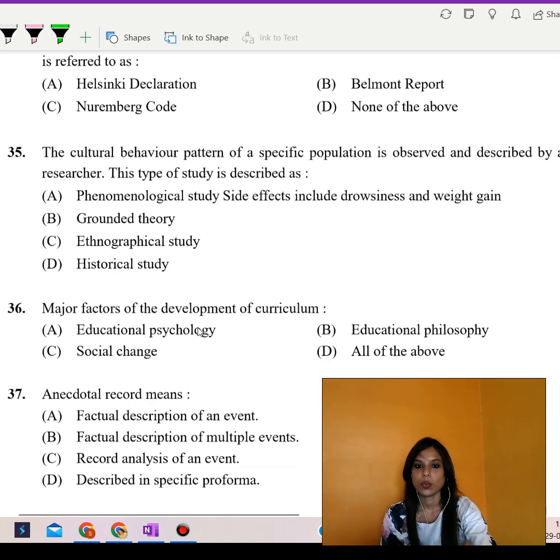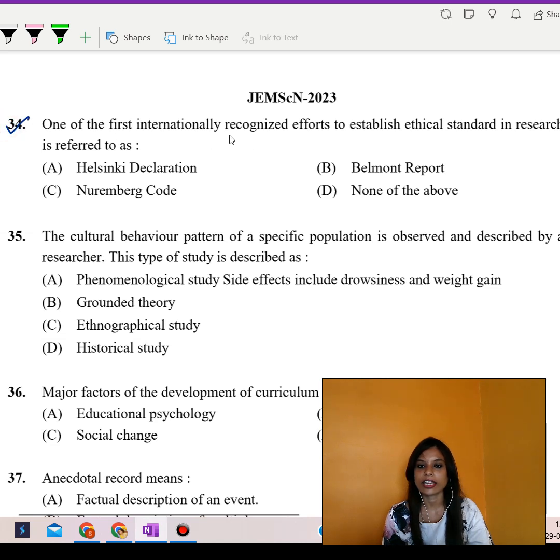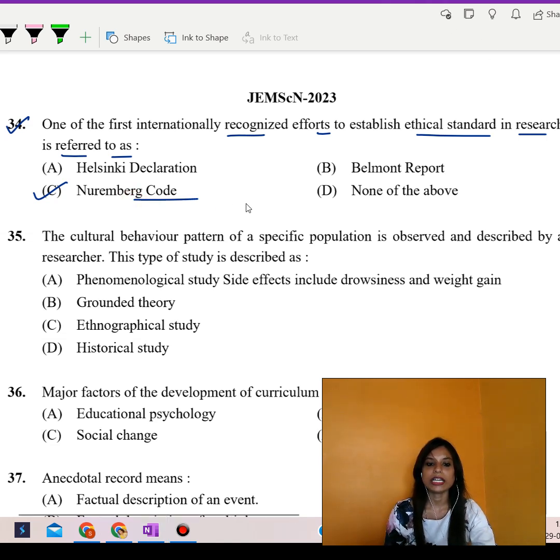Next question. One of the first internationally recognized efforts to establish ethical standards in research is referred to as the Nuremberg Code. This Nuremberg Code was one of the earliest efforts to establish ethical standards in research involving human subjects. However, it was specific to the context of medical experiments conducted during the Nuremberg trials after the Second World War. The Helsinki Declaration and the Belmont Report are also significant documents in research ethics, but they came later